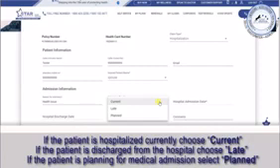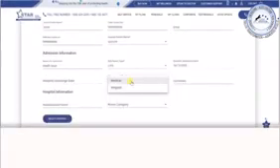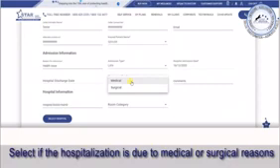If the patient is discharged from the hospital, choose Late. If the patient is planning for medical admission, select Planned. Select if the hospitalization is due to medical or surgical reasons.